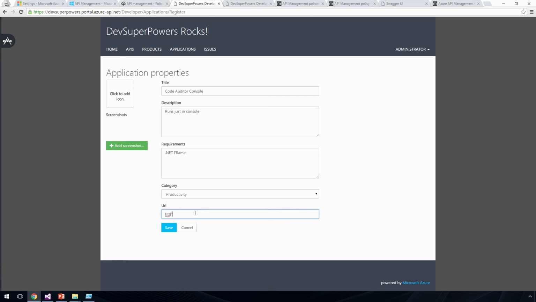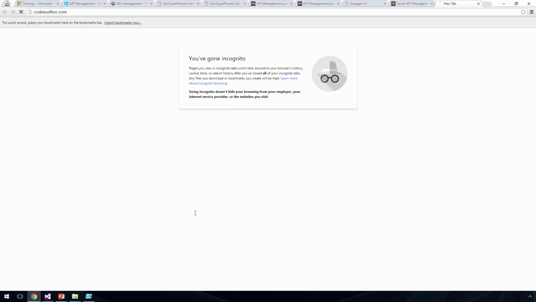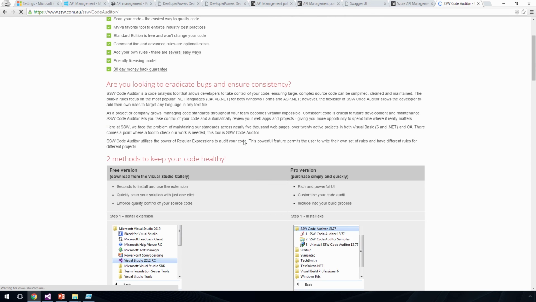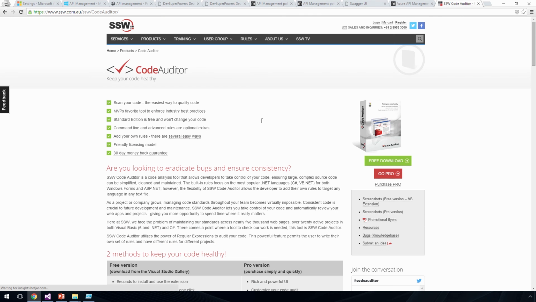So in this case I would go like http codeauditor.com. I think that's the URL. So you can give it a try. This is our app that we're actually building. It's a code auditor. Does scan your code and does a bunch of things. But anyway,